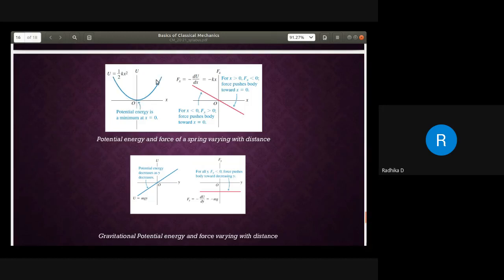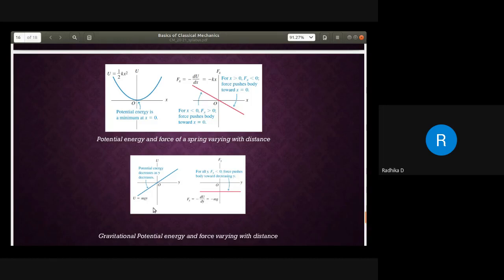What if I take a derivative of this potential energy? I get the force, minus du by dx, right? The same way, if I do the derivative of this half kx square, I'll get minus kx. Obviously, I put a negative sign, so there is a minus kx. So if I do a derivative, I'll get a straight line like this. When distance was increasing, the force was being pushed to a lower value. When distance was decreasing, it was going less than 0, force is going higher. So it's always pushing it to a lower potential energy, or vice versa.